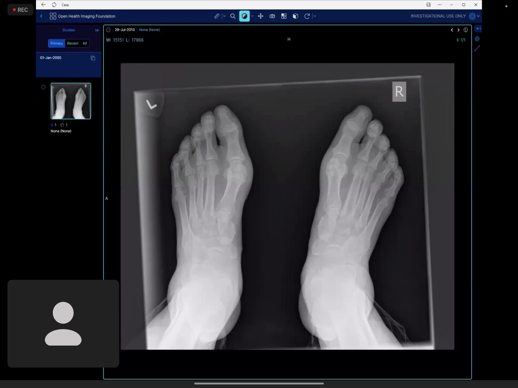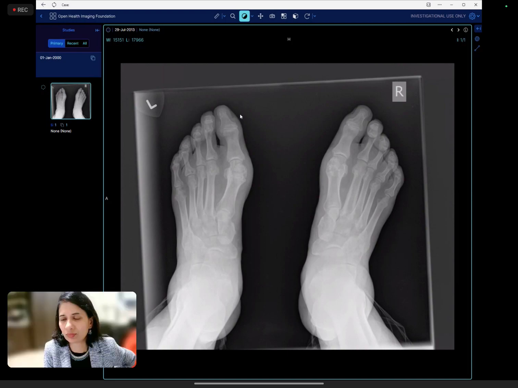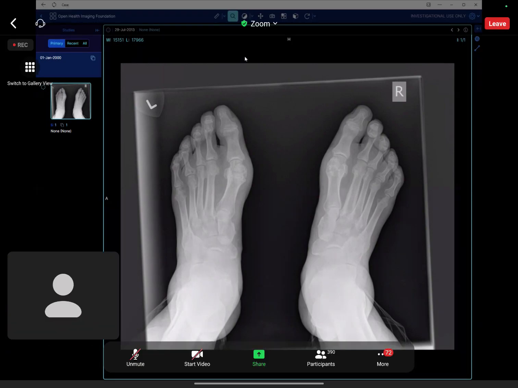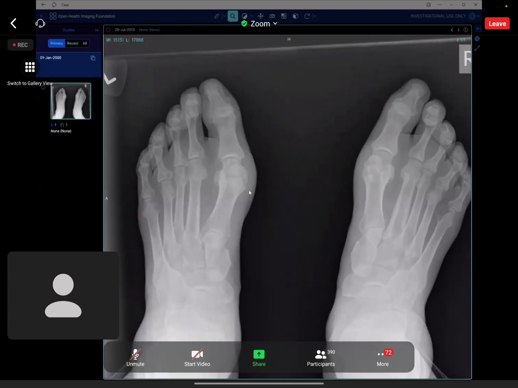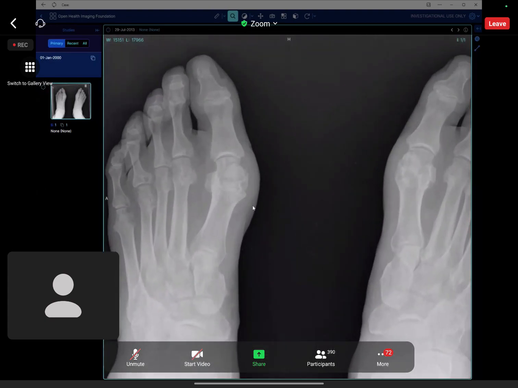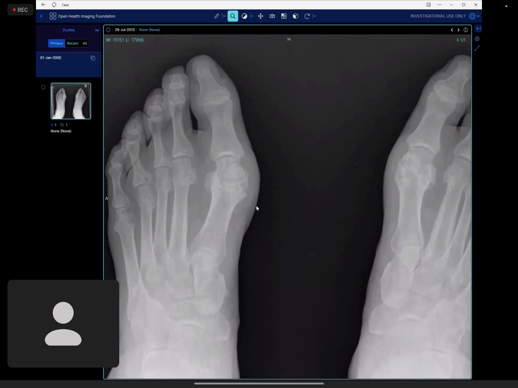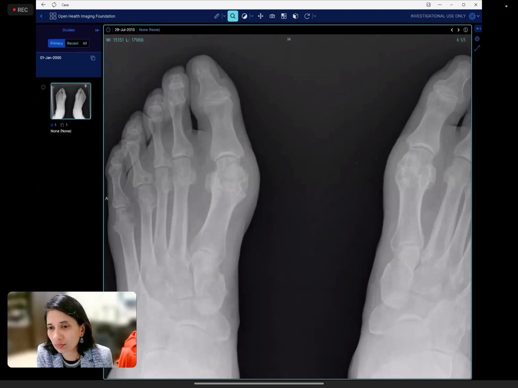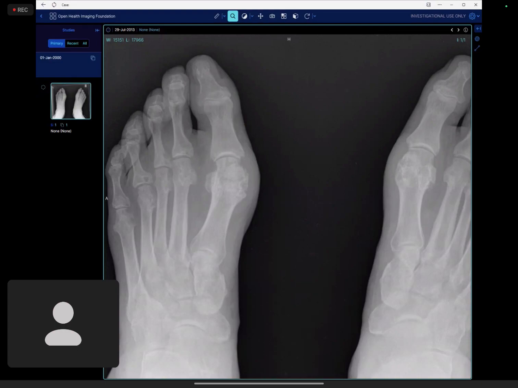Okay, so I've been provided with the DP views of both the feet, and at first instant I would like to zoom this image. At first instant I can see that there are juxta-articular erosions noted adjacent to the metacarpophalangeal joint of both the first great toes, and these juxta-articular erosions are showing overhanging edges with adjacent